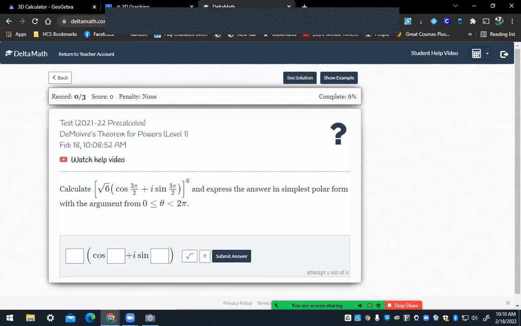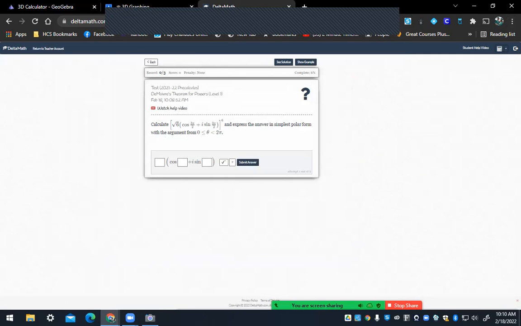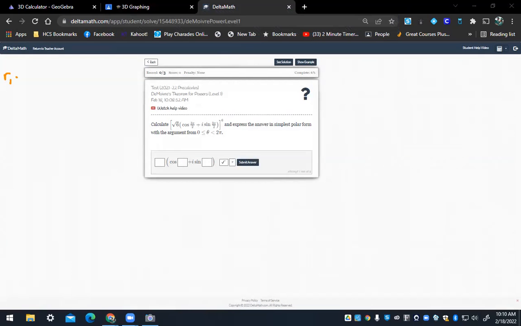All right, so what we're going to do is I'm going to tell you what DeMoivre's theorem is, and here's what it is. Basically, we're just going to say D's theorem, okay? So D's theorem basically says this: if R1 times R2 times cosine of A plus B plus i sine of A plus B works,